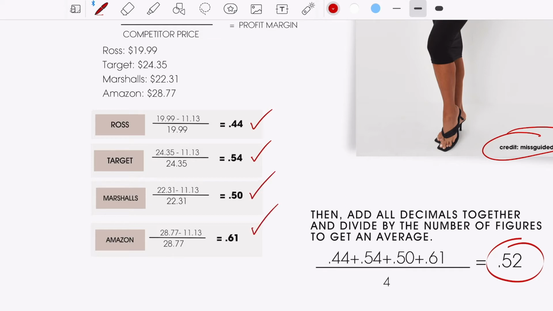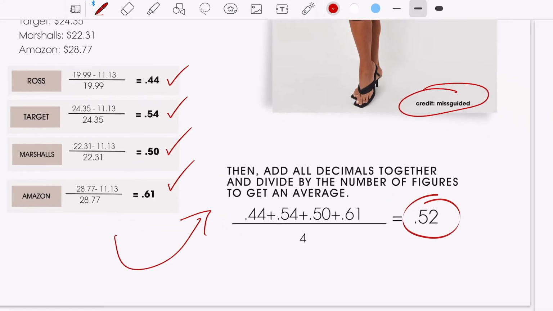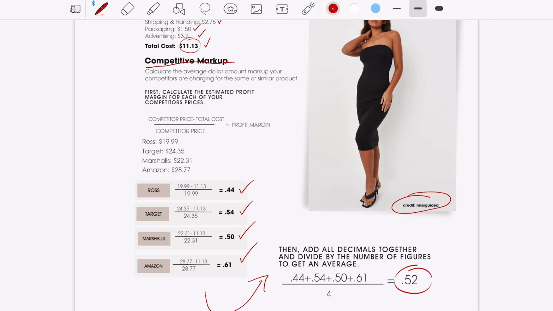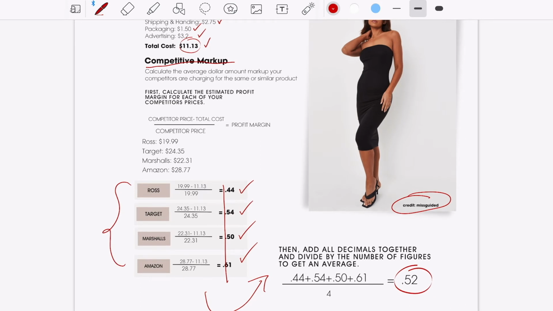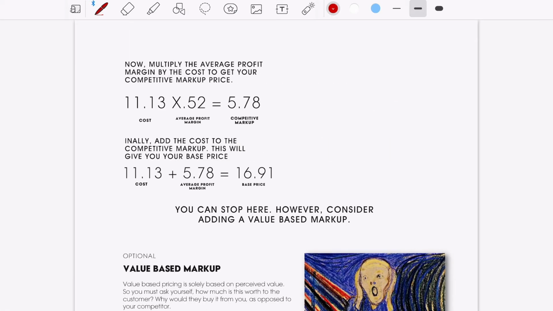So you're going to add up all these figures that you got on the end and divide it by the number of competitors that you pulled data from. So in this case, it's 4. So we added all the decimals up and then divided it, and that's what gave us this 0.52. So now that you have the average, you want to multiply that by the cost to give your competitive markup, okay? So we're going to times 1113 by 0.52, which gives us